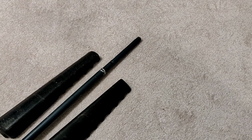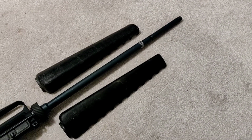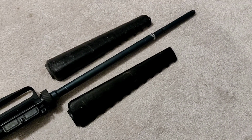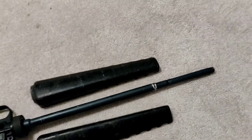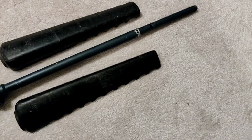I do have a 3D printed three-prong and birdcage flash hider. Those are both painted the same Colt kind of, I'd like to say it's Colt gray, but it's really Colt blue at this point. So the same Colt blue flash hider up on the end. So that's pretty neat. Yeah. Anyway,